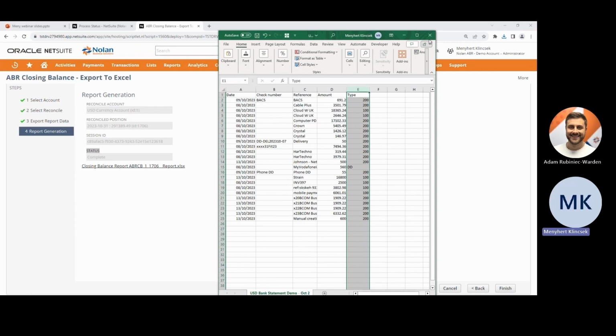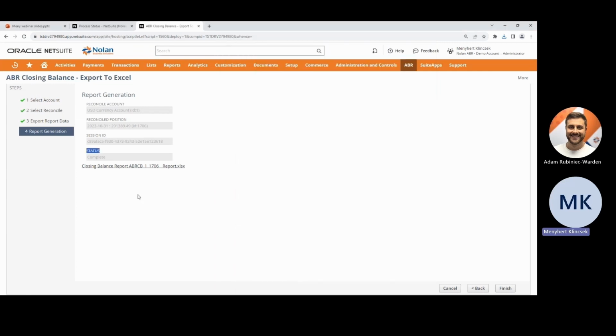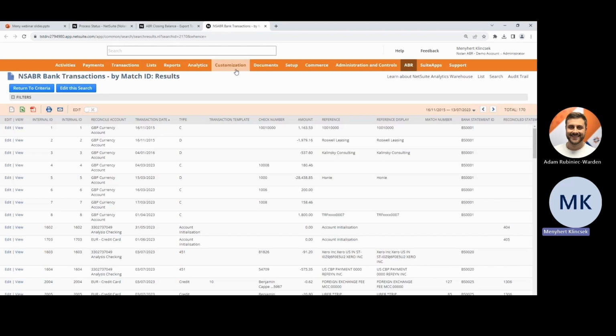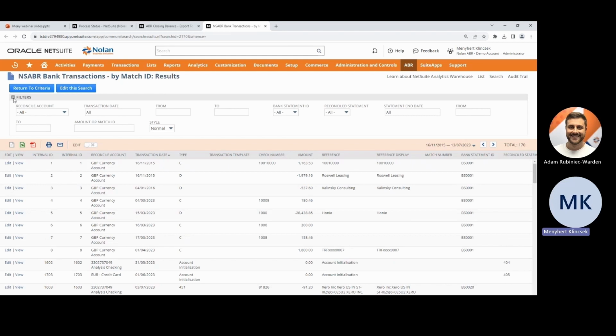Okay, so I closed down these 2 Excel sheets. We don't use them now. Another reporting capability, just quickly: we have a standard report that is easier to customize. Anytime you would like to find any bank transaction or NetSuite transaction that you used in ABR, we have saved searches that are easy to customize,